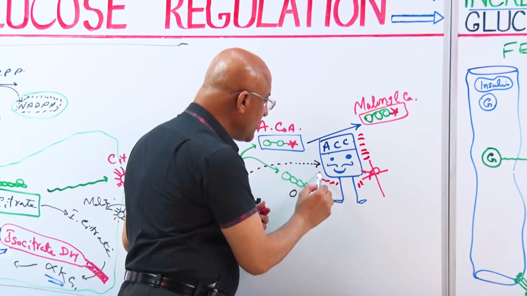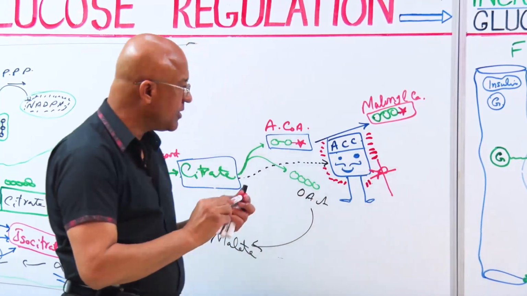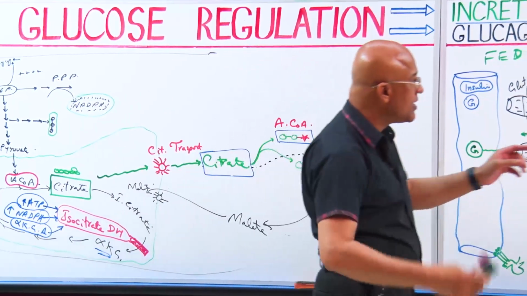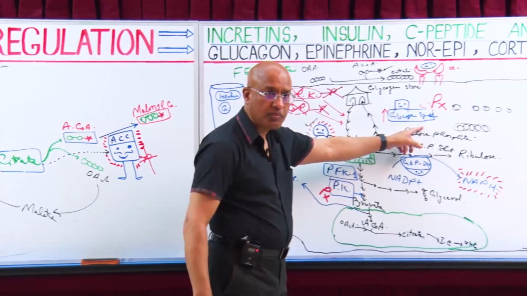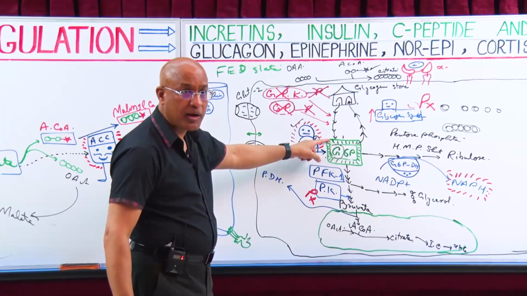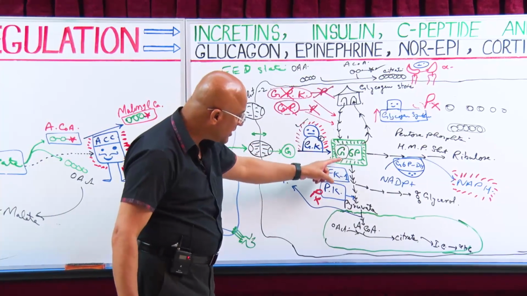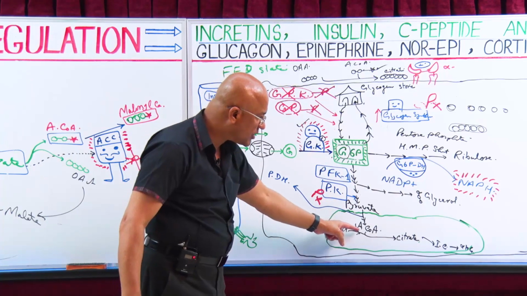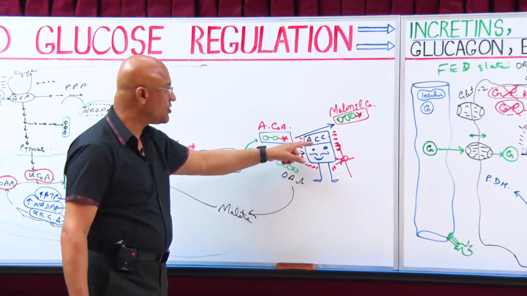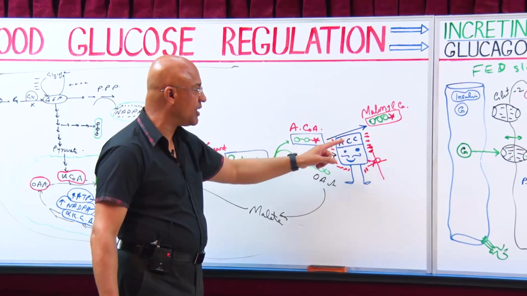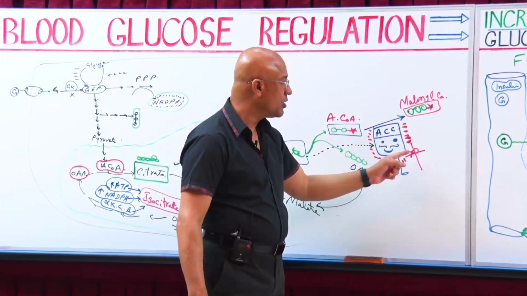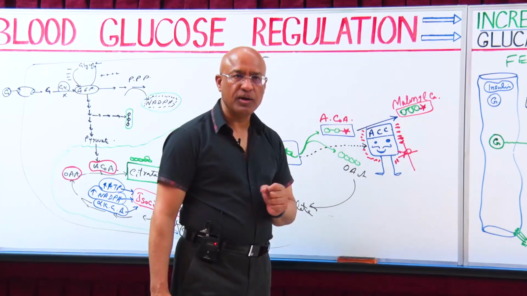Now we have learned that many enzymes can be activated by dephosphorylation, but some enzymes can be inhibited by dephosphorylation. You remember, glycogen synthase was activated by dephosphorylation, but glycogen breaking enzymes were inhibited by dephosphorylation. Then many enzymes on this pathway were stimulated by dephosphorylation, and here now we have reached outside that, ACC, that is acetyl-CoA carboxylase, which converts acetyl-CoA into malonyl CoA, that is also stimulated by dephosphorylation.